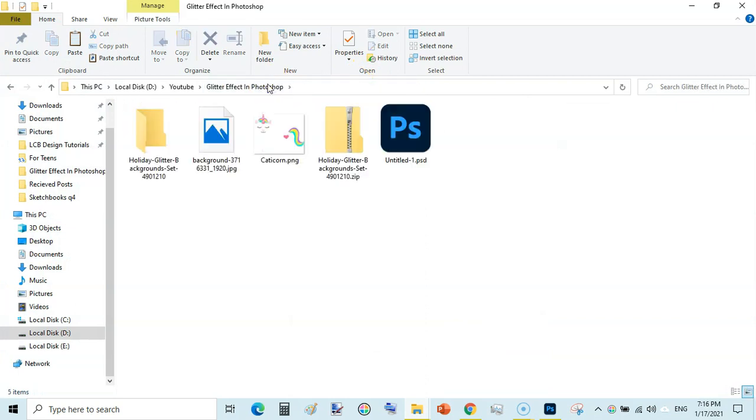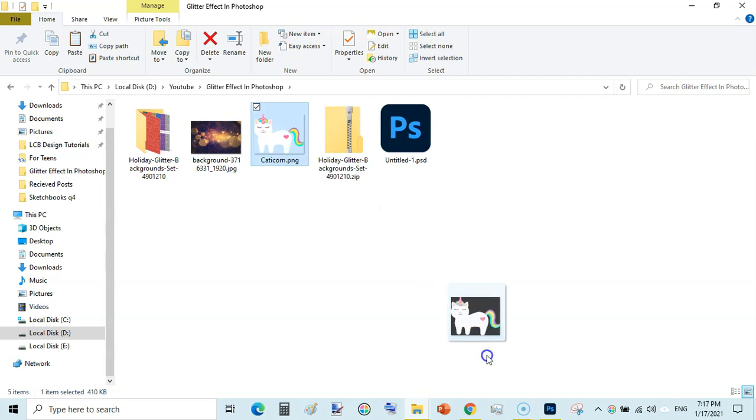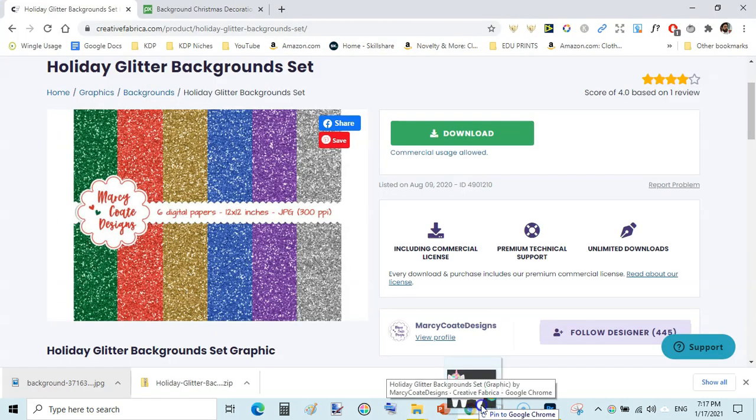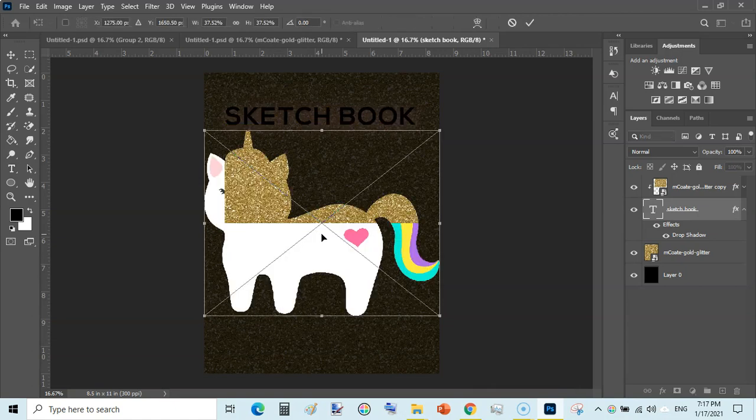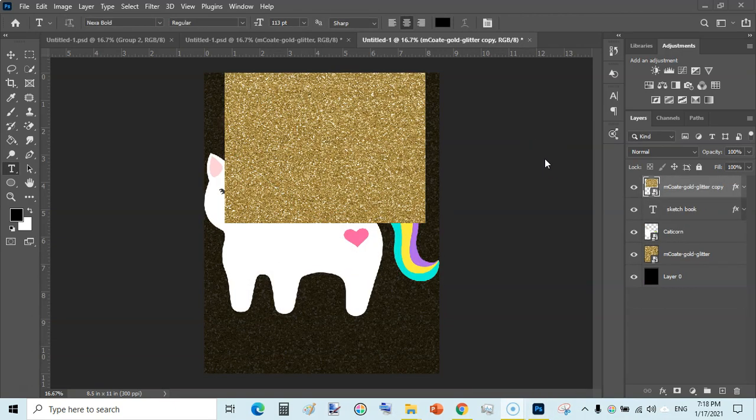I have downloaded some images from Creative Fabrica, so it contains this beautiful catticon. I will drag and drop this here to Adobe Photoshop like this. Here you need to redo your clipping mask if it has gone wrong.